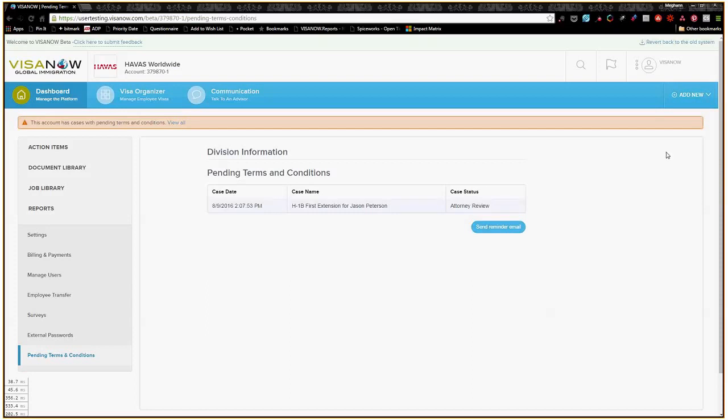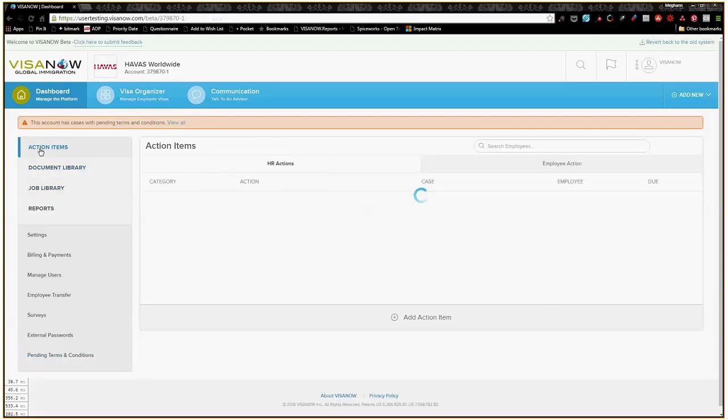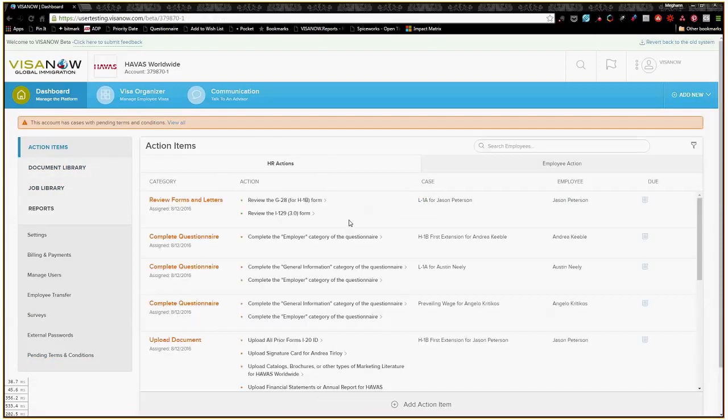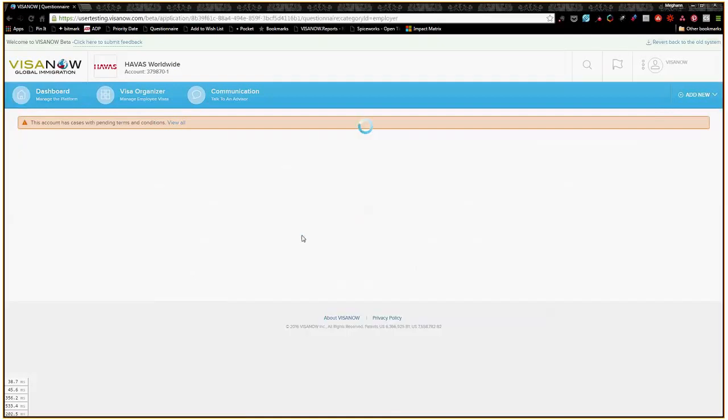Alrighty. So that is kind of the big idea here on this dashboard view. Again, the most important thing over here is these action items. If I do go ahead and click on them, I go straight to what I needed to do. We'll use this one as an example. So if I am ready to work on a questionnaire and I click into my questionnaire action item here,